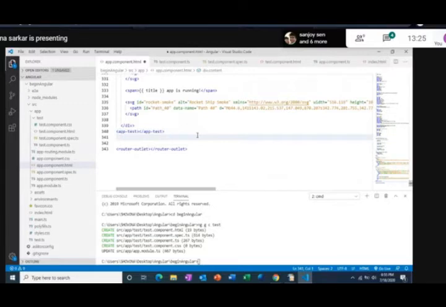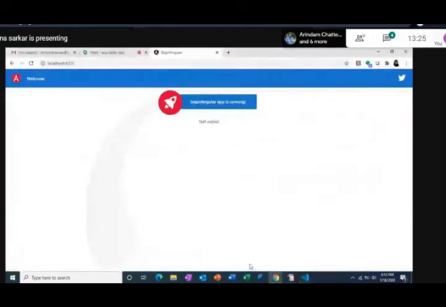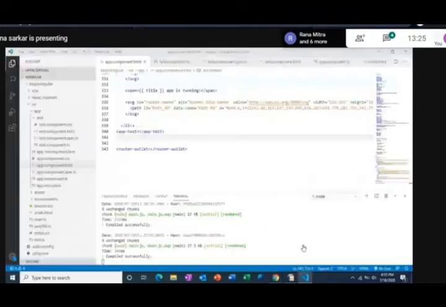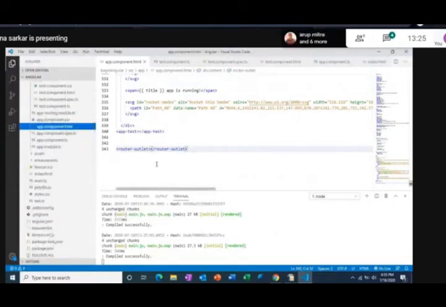So once you are done, just save it, and once you save it, this gets automatically compiled. See over here, you can see that TestWorks is automatically rendered. It's so simple. So now, another thing is,